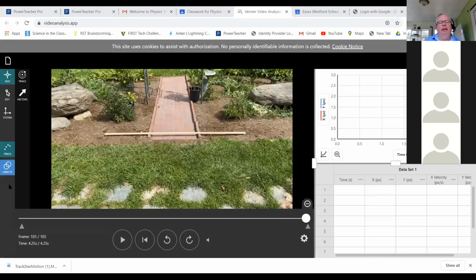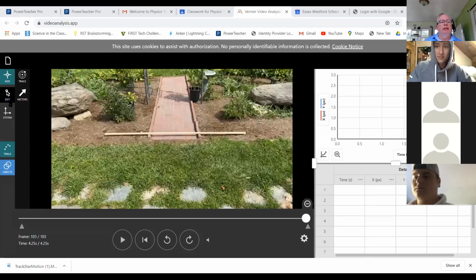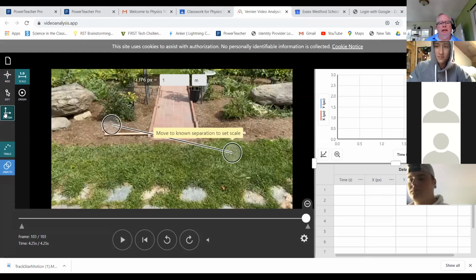Okay, so here's how we do measurements. First of all, what a video actually is composed of is lots and lots of still pictures that are all woven together so that when you play it, it shows them rapid fire one after the other. And what we can do then is take each one of these little dots on each picture, they're called pixels, and we can assign them a scale. So if I click on System down here,